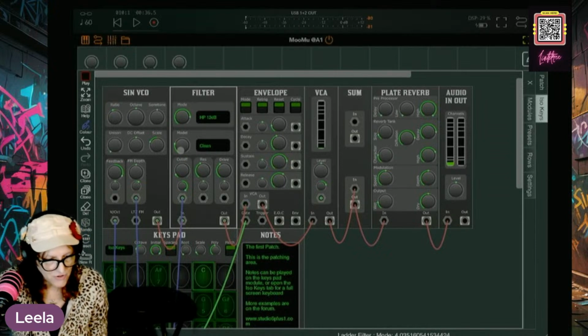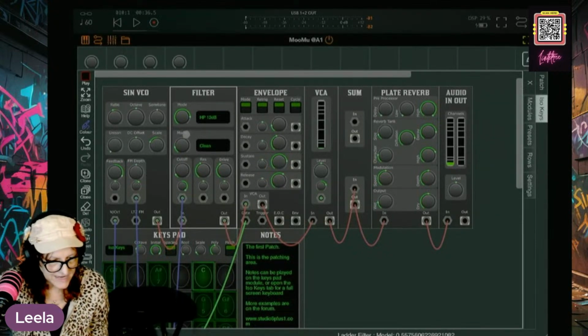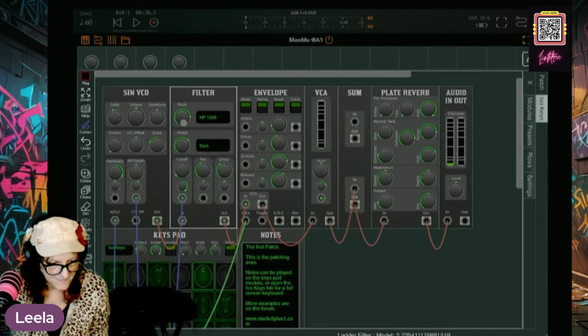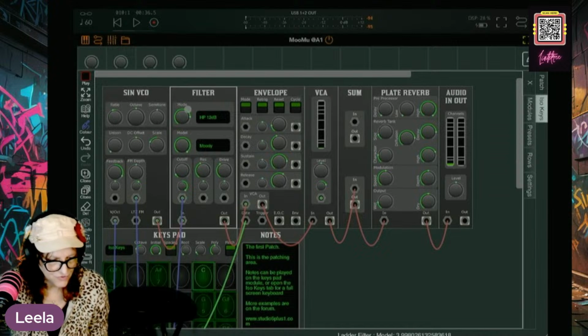And then there's model. There's clean, mellow, dark, moody, scream. Scream.